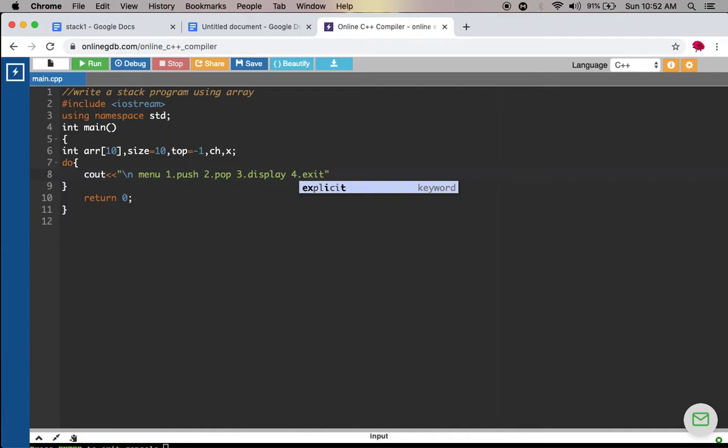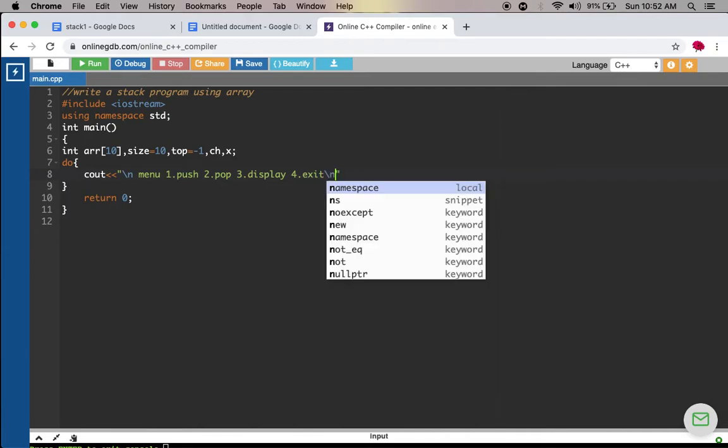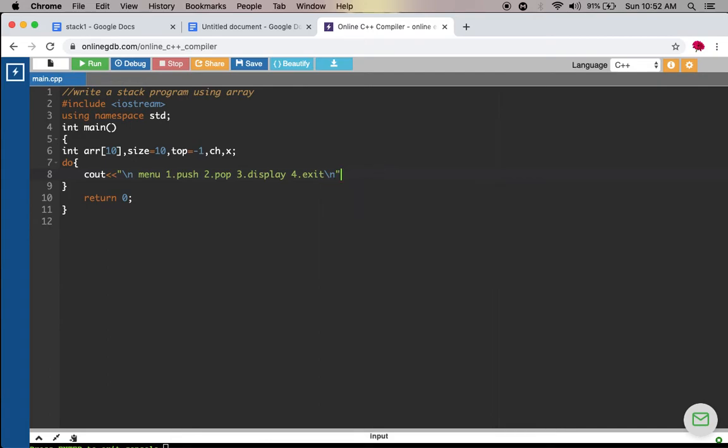To select these functions one by one, I am writing a menu. And to execute the menu type of operation, you have to select the do while loop. The do while loop first executes the body of the loop, after that it checks the condition. So in order to select one of the operations, you can enter the choice.